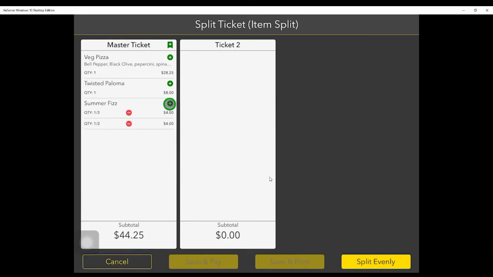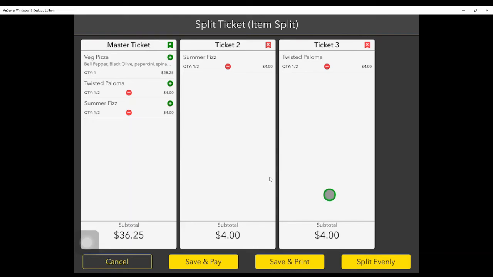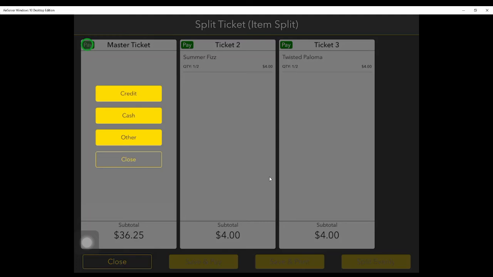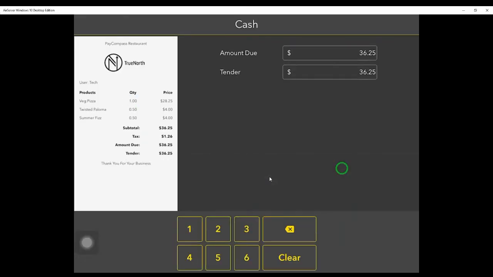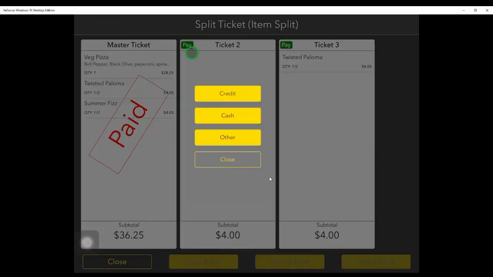So this item split allows you to split individual items and pass them on to other checks. There's also a guest split that allows you, if you do seat numbers, to, when you hit split, it automatically just splits across the seat numbers, making things a lot faster as well. If you're ready to pay from here, you can just save and pay, and then you can hit pay, cash. We're going to go through this a little bit. You can hit credit,